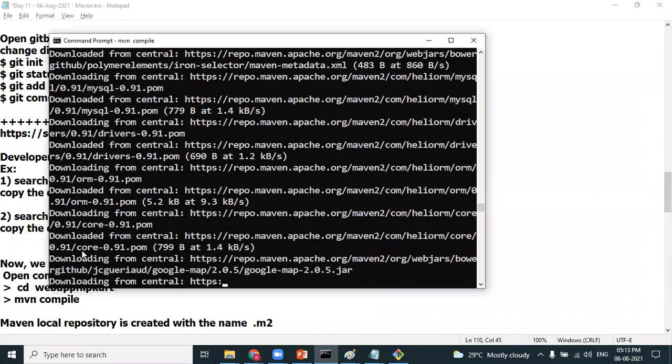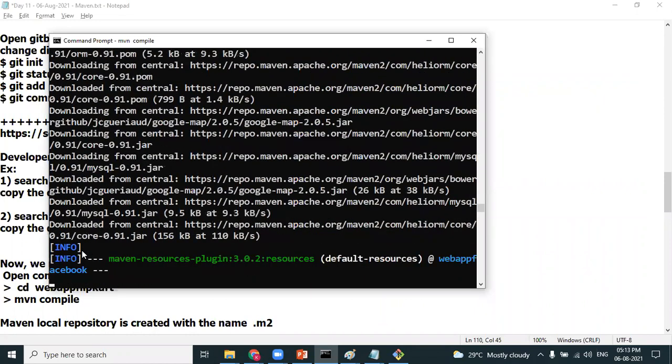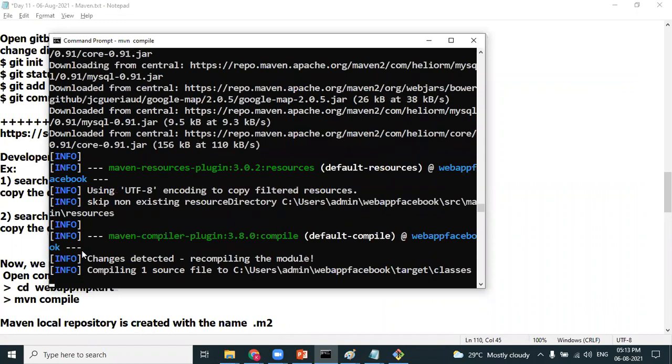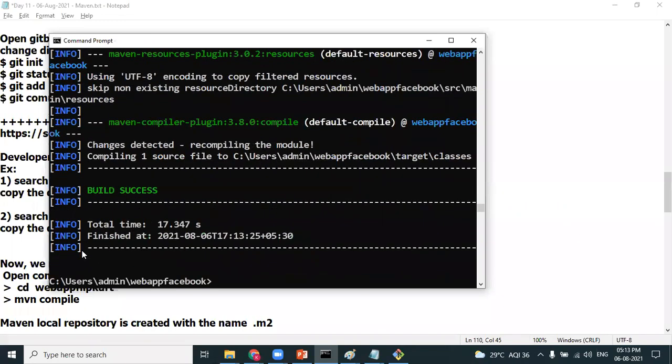The APIs are getting downloaded. So mvn compile is a command which helps you download the APIs, the API references we have mentioned in the pom.xml file. It uses the pom.xml file, identifies the required APIs, and those APIs are downloaded into the Maven local repository.